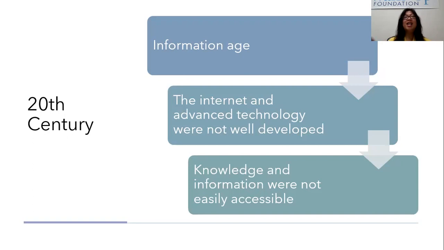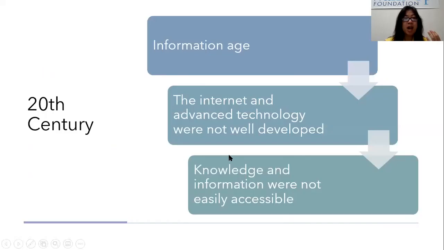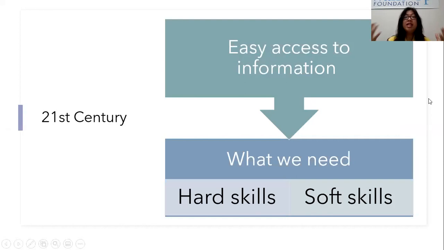However, we are in the 21st century. So what does that mean? Now that we have access to the internet and advanced technology, a lot of people are posting information online, which means it's easy to get access. People know how to use information more easily, which means information in the 21st century is not as valuable. It's still valuable, but not as valuable, because people can get information through the internet and through books.